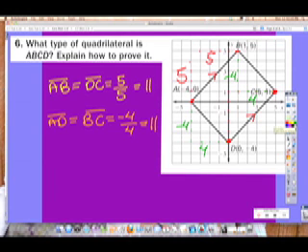Is that the only way to prove it? Absolutely not. You can use the distance formula and show the two sides are congruent to each other, but you probably have to come back to slope and show 90